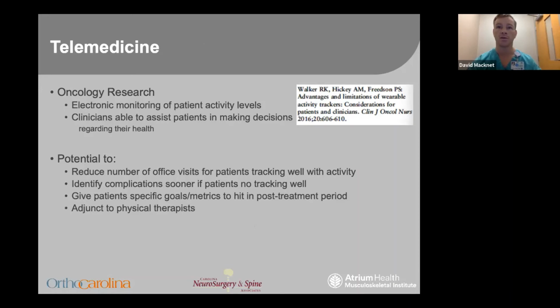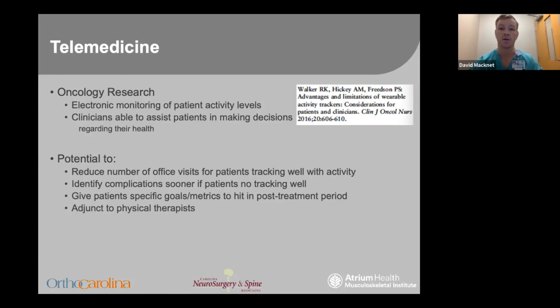So this telemedicine-based approach with activity trackers has been successfully utilized in the general oncology literature to monitor patient activity levels and aid clinicians in guiding patient decisions. This has the potential for us to reduce the number of office visits a patient may have to undergo. For example, if they're hitting specific activity-based metrics, like number of steps or distance traveled per day on foot after a total hip, for instance, we know that these patients are doing well